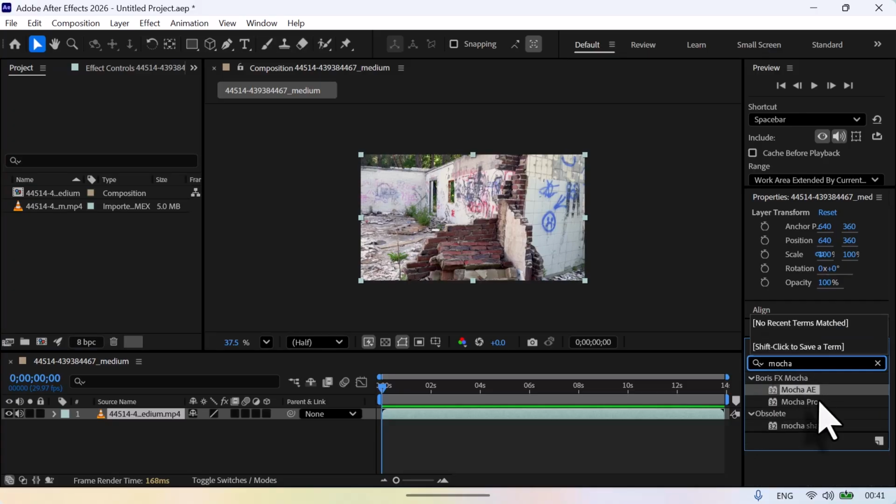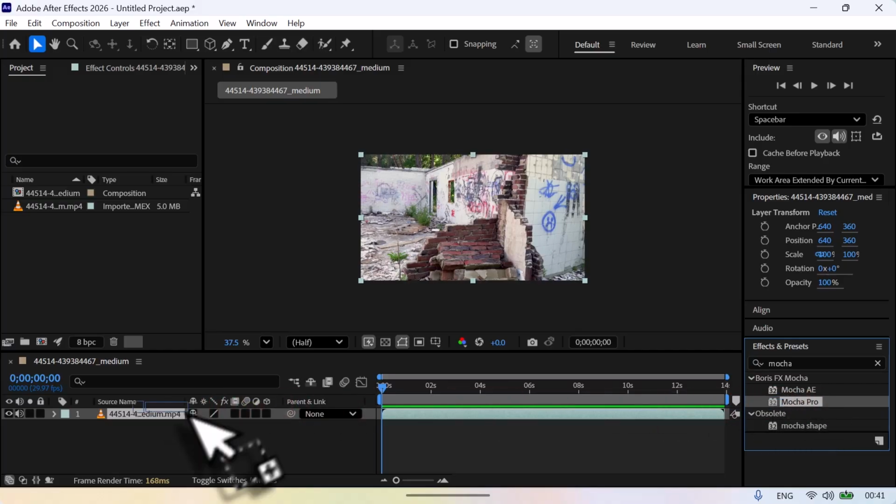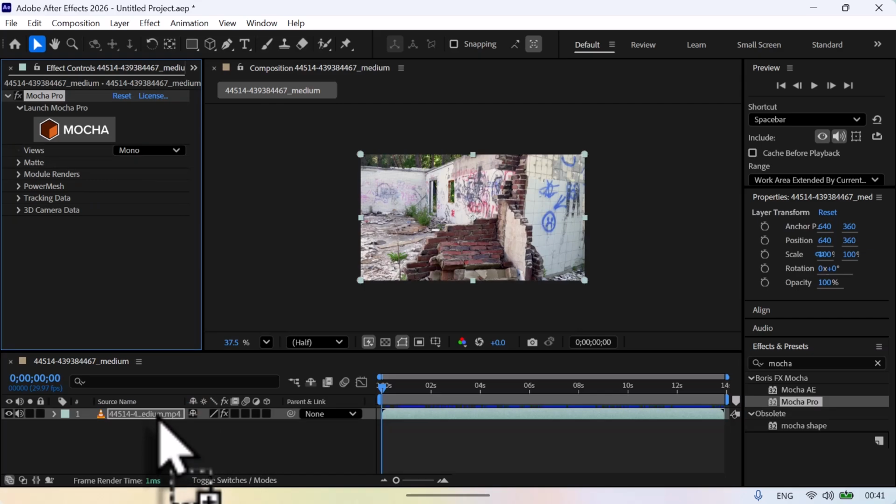Once Mocha pops up, choose the Mocha Pro because it's what we're using for this video, and then apply it on the video. Once you do that, the Mocha Pro will just appear here. Remember, the Mocha AE didn't have all this, because this is a paid Mocha. So the next thing will be to track this footage, and for that we're going to make sure that the